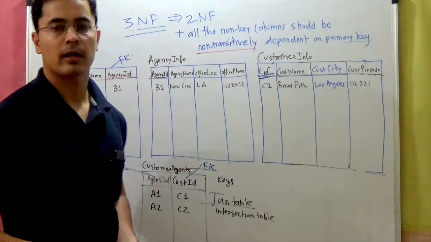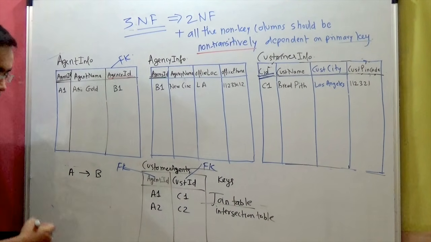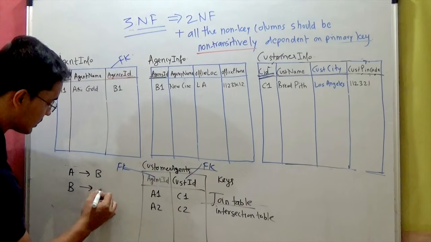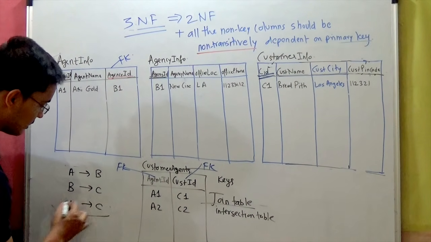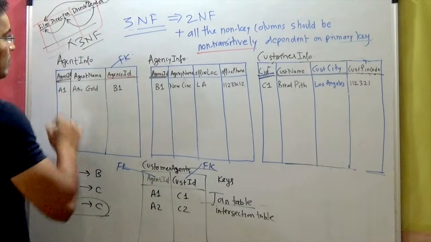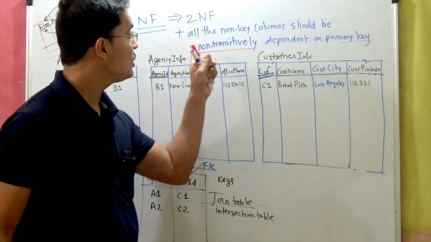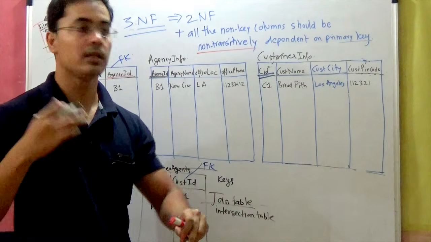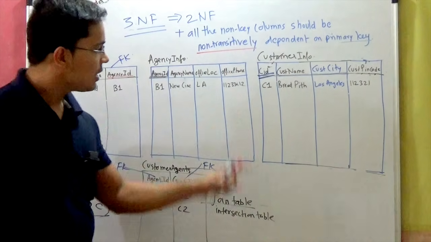non-transitively. So what is non-transitive? Let's see what is transitive. A depends on B, and then B depends on C. So in turn we say A is dependent on C. So this is the transitive property. Third normal form says all the non-key columns should be non-transitively, that means directly, dependent on the primary key. In our case,